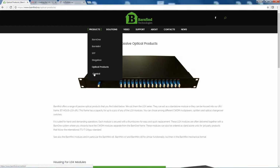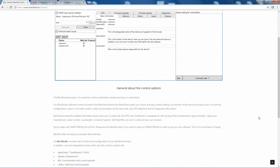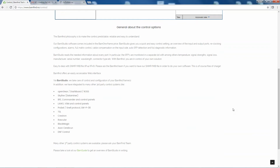Not to forget, last but not least, the control. This will be a topic when we see you, because any installation, any client has a favorite software program. Maybe they like the OpenGear dashboard, maybe they like the DNF control, maybe they even like Blackmagic. So we have integrated all of these protocols, because as the new kid in town, starting sales in 2012, we needed to be flexible. We needed to let the client decide, oh, I would like to use my, for example,